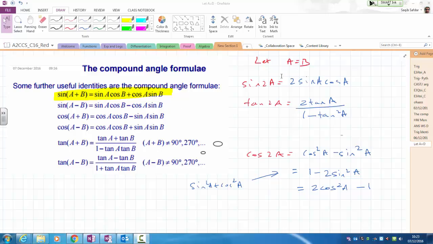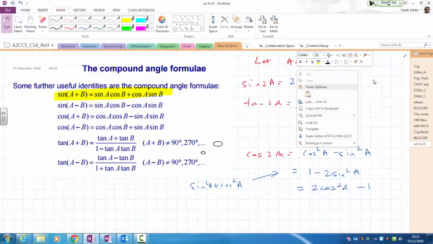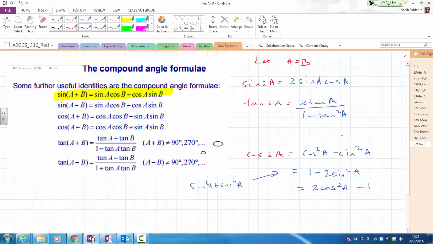And what we're basically saying is that if we let A equal B, then the sine of 2A can be written as 2 sine A cos A, because A is B, and so both of these parts add up together. The tan of 2A becomes 2 tan A over 1 minus tan squared A, and cos 2A becomes cos squared A